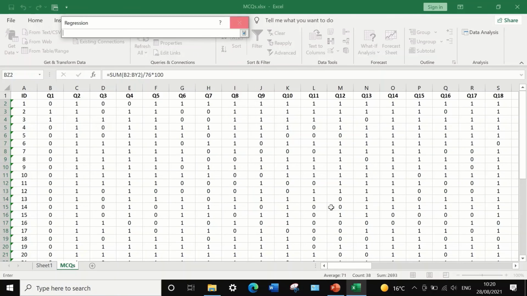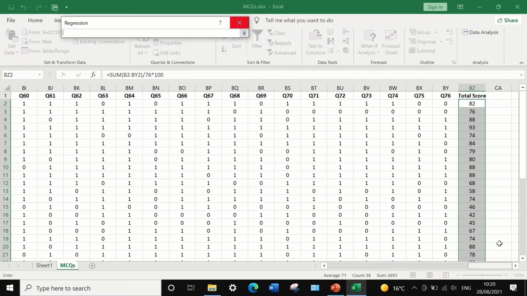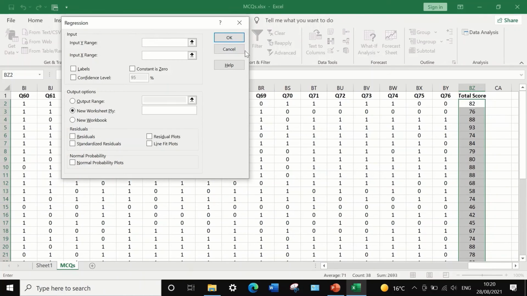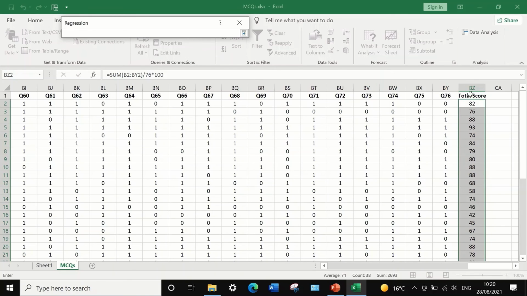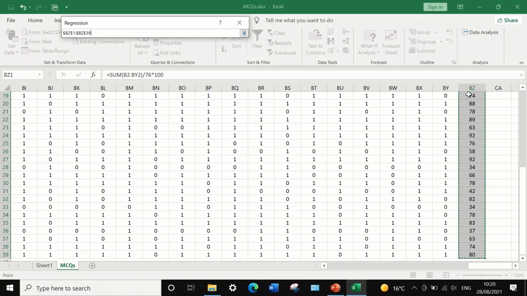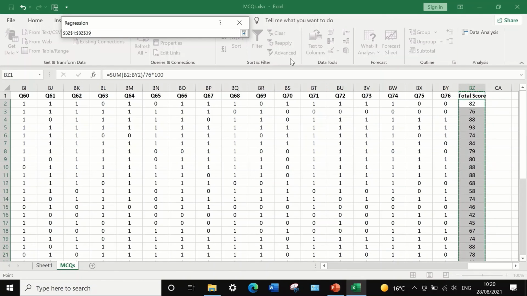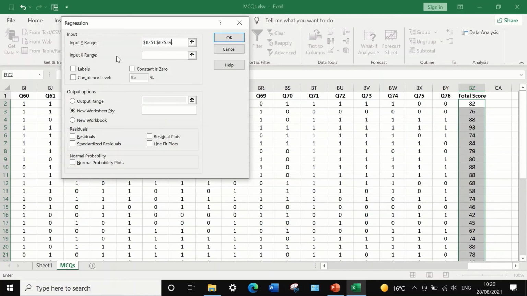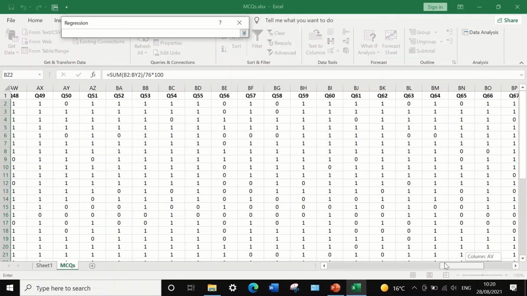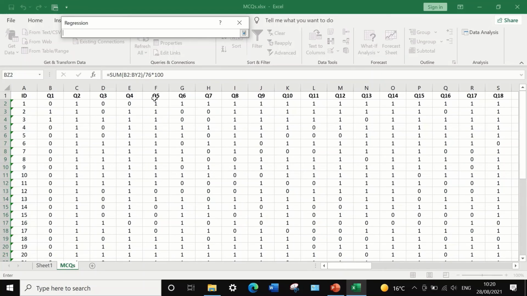For the y range we are going to use the score data, the total score, as this is the overall mark. We haven't selected that yet. If I click on this here and then hold Ctrl+Shift and the down arrow, it will select just the data and the label for that column. We'll do the same thing for the input X range. I'm going to calculate the p-value for question number 5, so I scroll to number 5, click on it, and then hold Ctrl+Shift